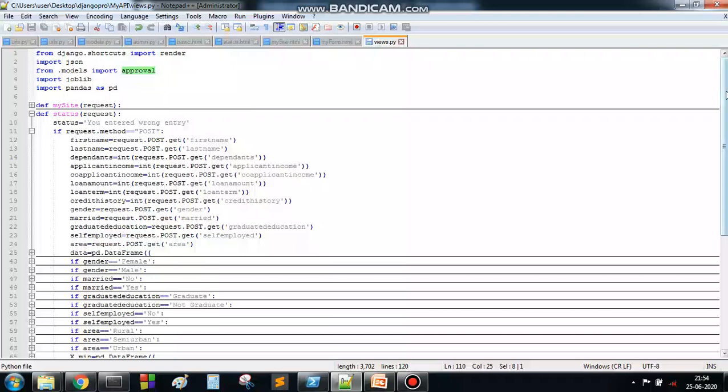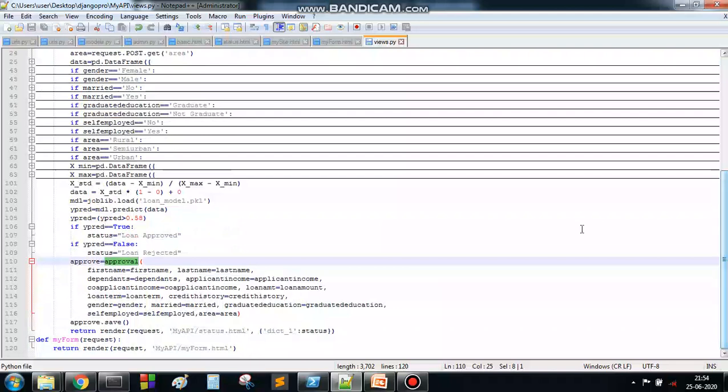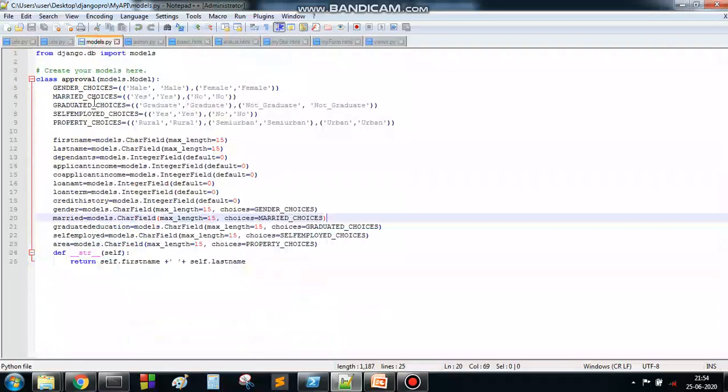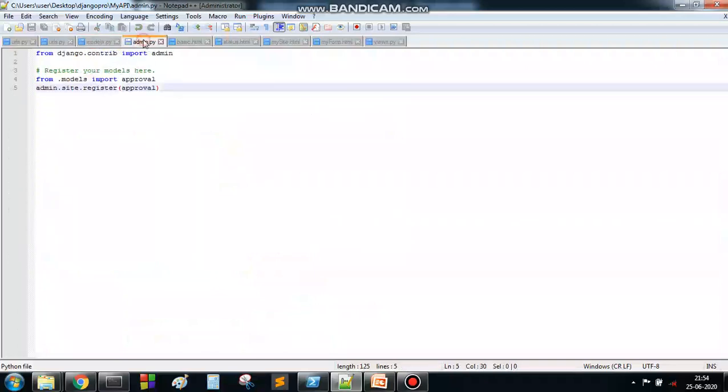So in this approval class, we are passing each value to its corresponding variable name. Look here: first name, last name, these are variable names.